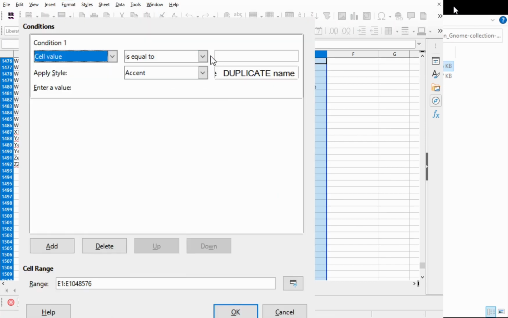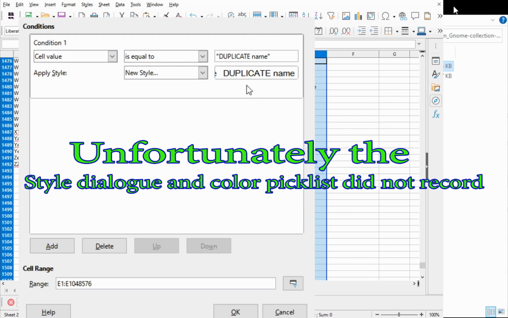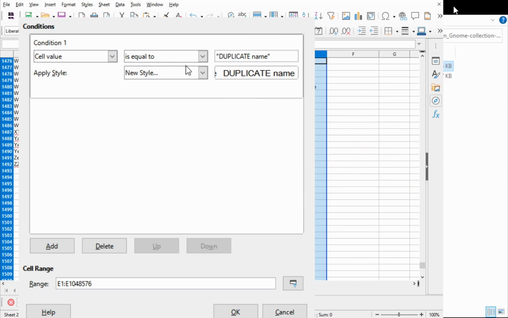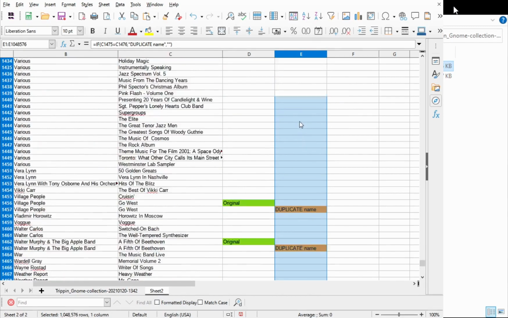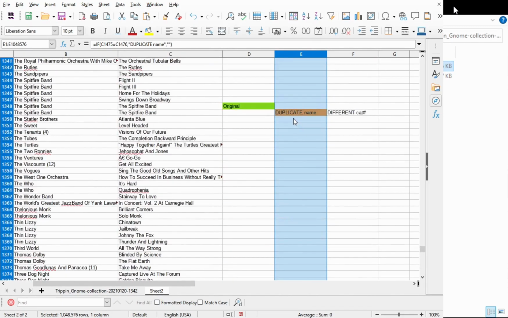So that's done. The next row over, I'll do very similar. Set a condition. And this row is called "duplicate name" with quotes, of course. And once again, we're going to set a condition for the background color. On the duplicate names, I'm going to pick a light orangey, I guess. And for the final one, let me find one. There we are. For the different catalog number,